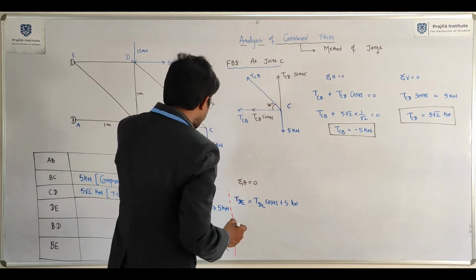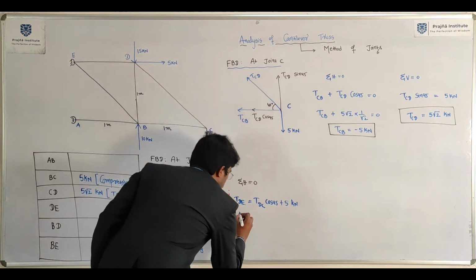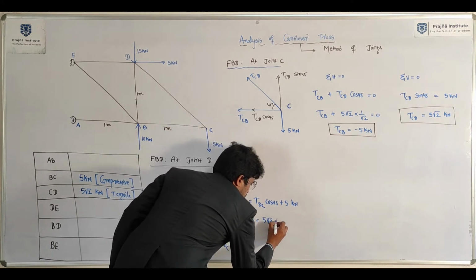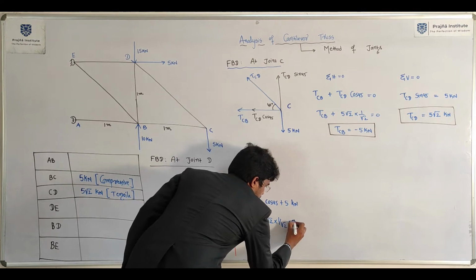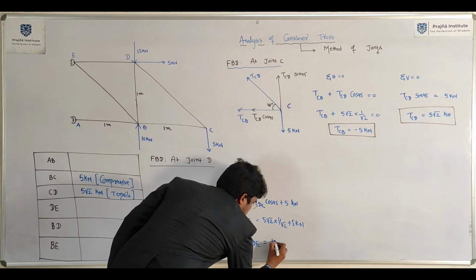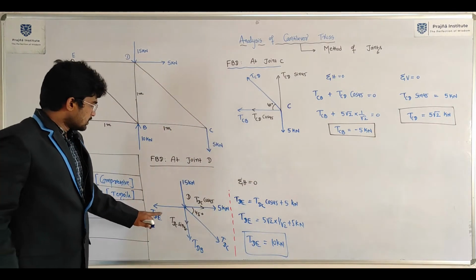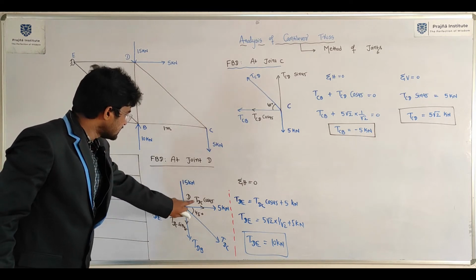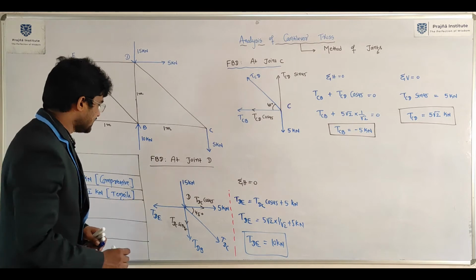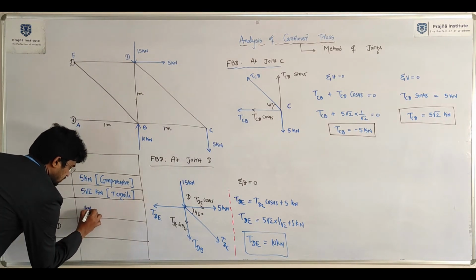Then here we are having one unknown now. What is the force in the member CD? 5 root 2. TDE equals to 5 root 2 into 1 by root 2 plus 5 kilonewton. What is the force in the member DE? 10 kilonewton. Correct now? TDE is equal to TDC cos 45 plus 5, TDC is equal to 5 root 2. Then finally DE is equal to 10 kilonewton,